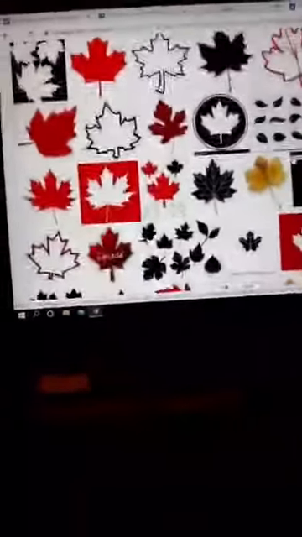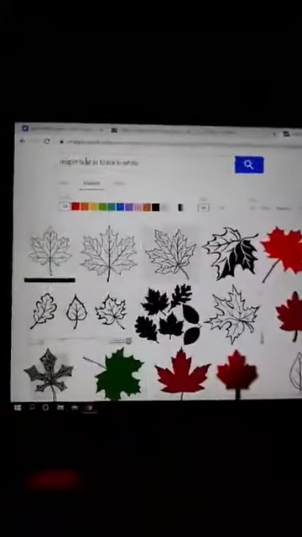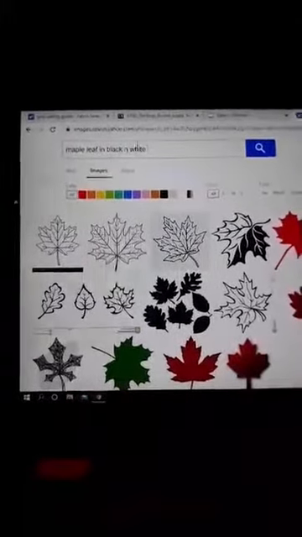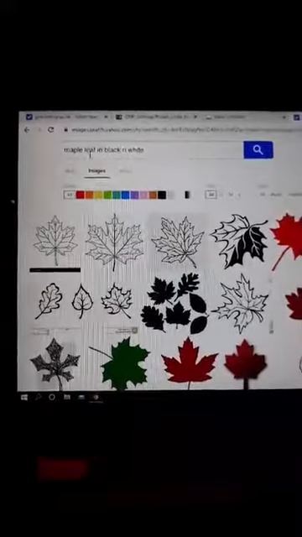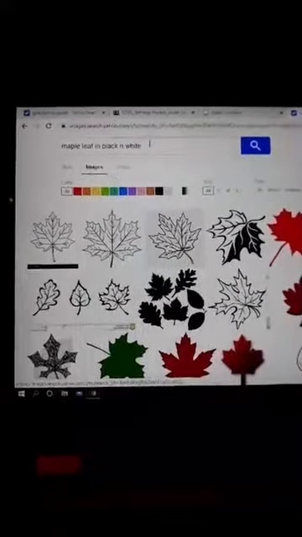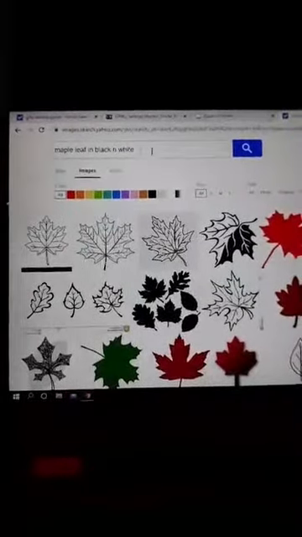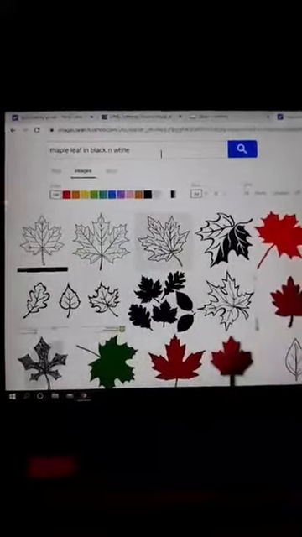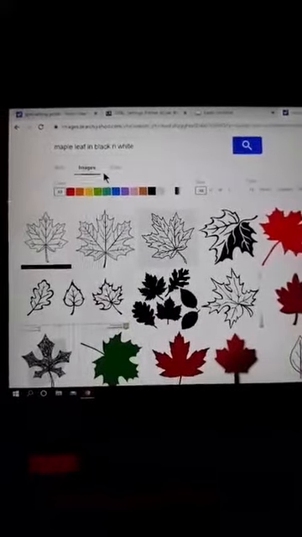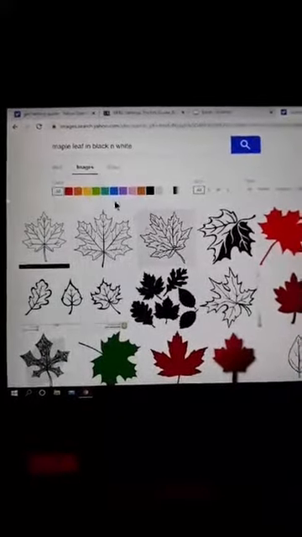Clip art is a good one, because clip art is really good to use on a carving machine. There, Canada. So just refine, and if you don't find it, change your wording. You can try black and white maple leaves, but just try different things, and you can find them.